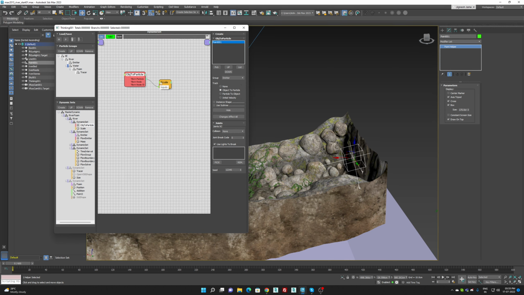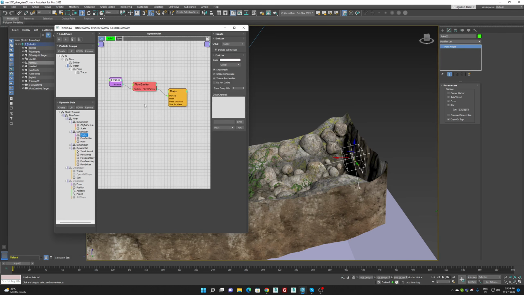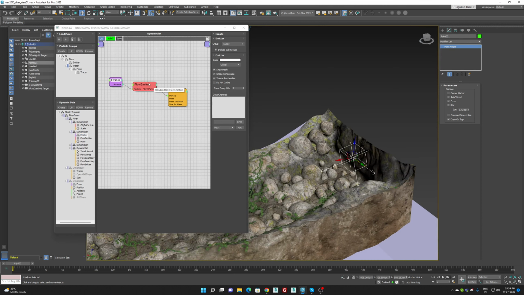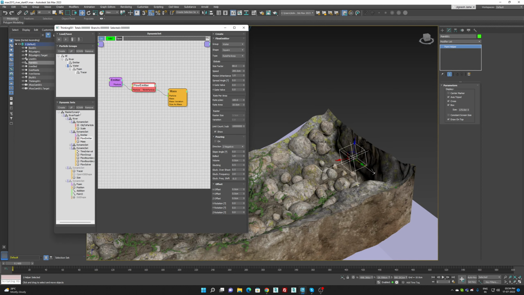It is set to object to particle, and we scaled it down on the x-axis and scaled up on the y-axis. So the way we are going to emit the particles is using this flow emitter, and we are going